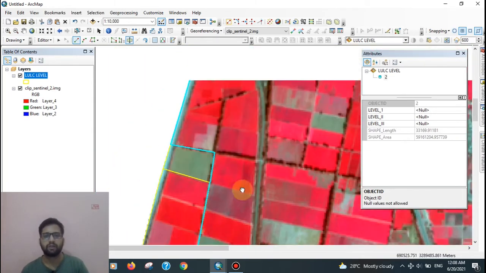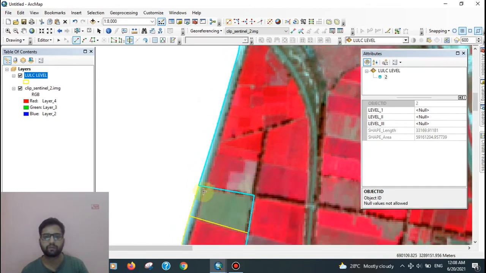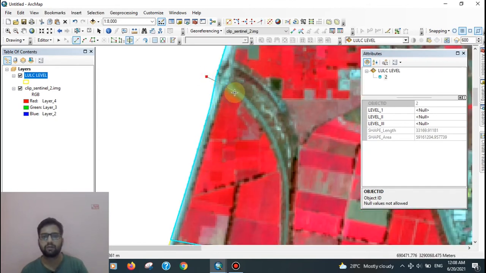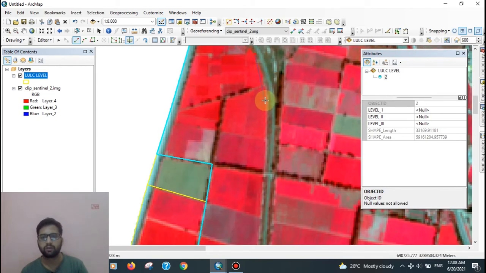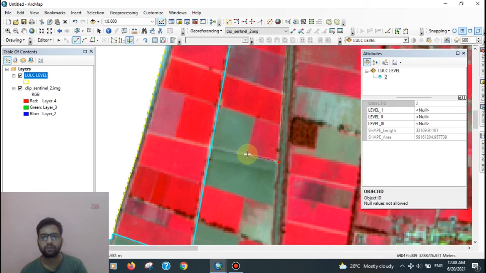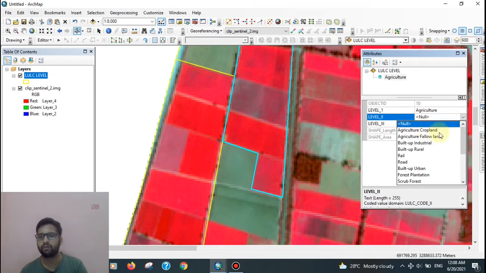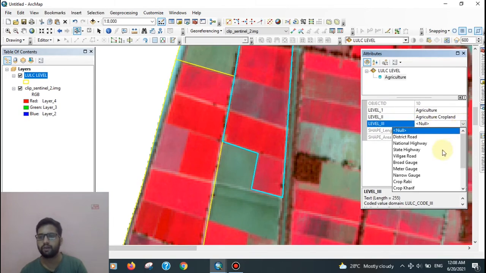So again capture or digitize the cropland, again select. This is all our cropland. Again select it, then go to agriculture level 1, level 2, agriculture cropland and crop Rabi.